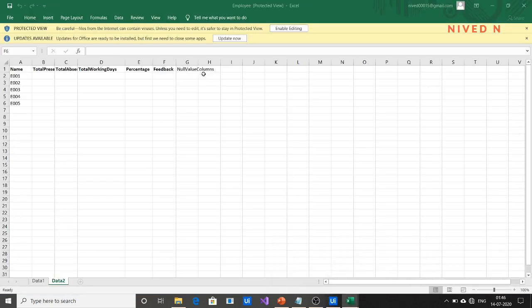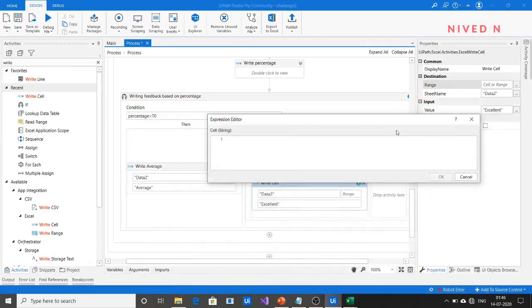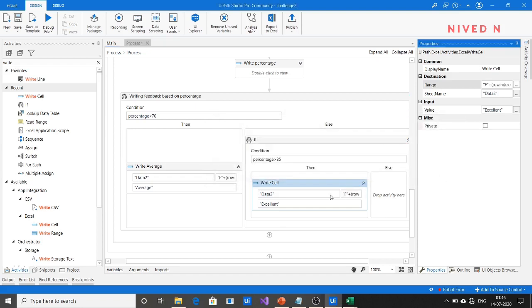You know that it is F. As we discussed when writing average, F plus row index plus 2, to string. Okay, so we can give it a name. Let's say write excellent.